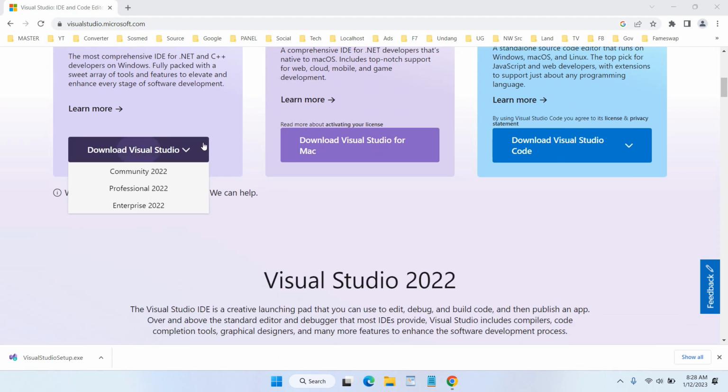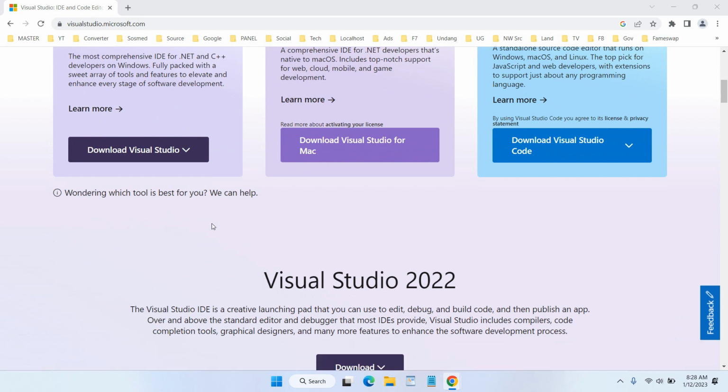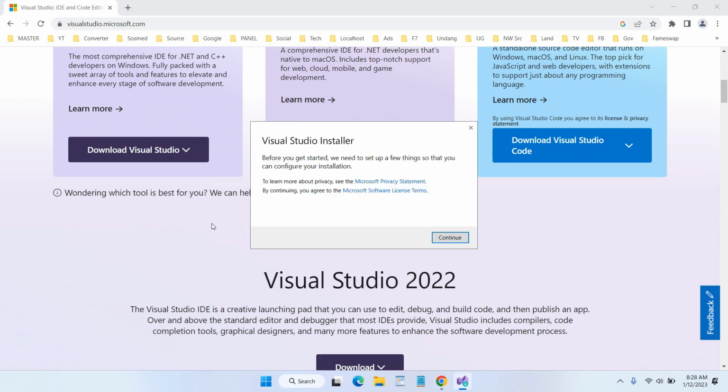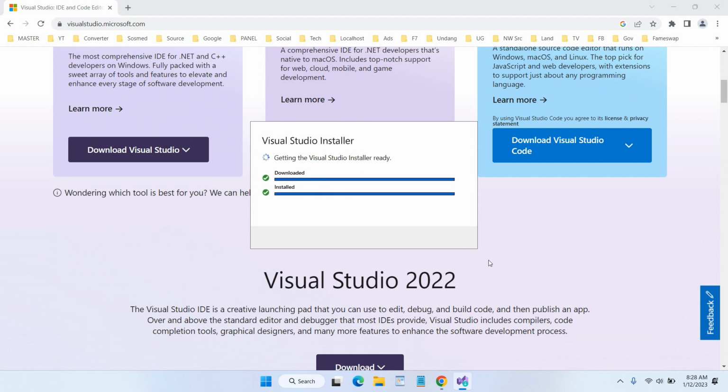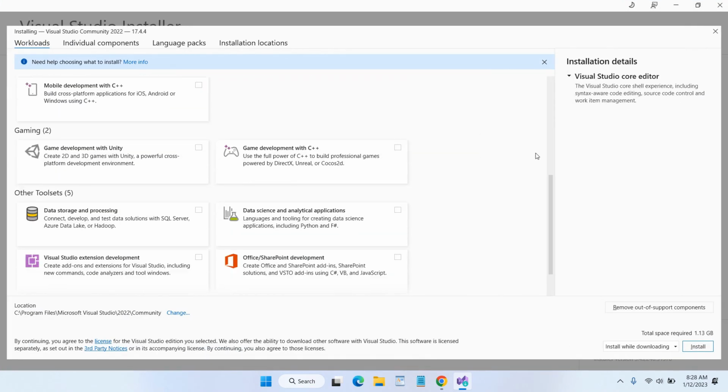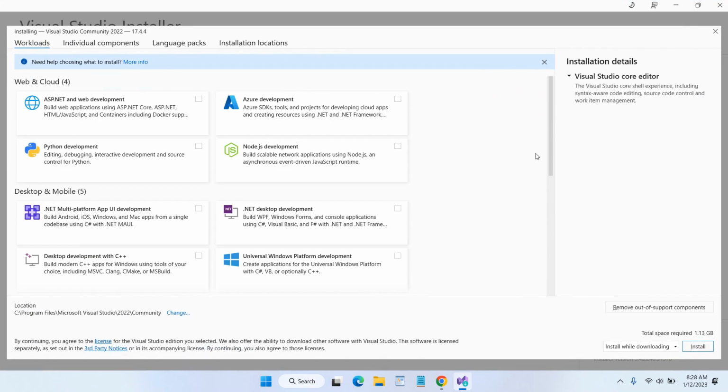And in here, you can just select the version of Visual Studio IDE. I'm choosing Community. After you download the file, you can just run the file. And in here, click Continue. And this is the package we can install on Visual Studio,